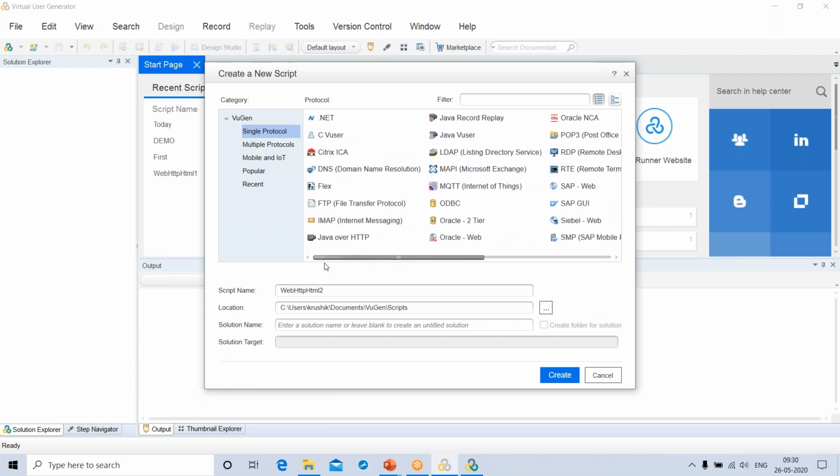You see .NET, Citrix; each protocol has different usages. As a performance tester you need not know all the protocols, and no performance tester in the entire world will know all of them. Hardly will they work on 2, 3 or 4 protocols at most, because you will not get a chance to work on all of them. It depends on your company and your projects.